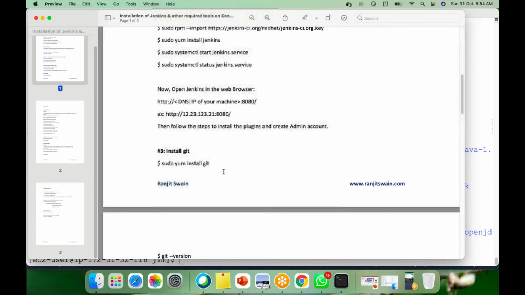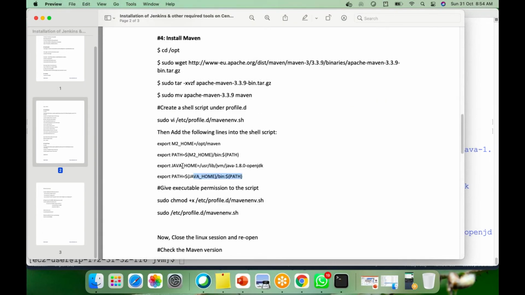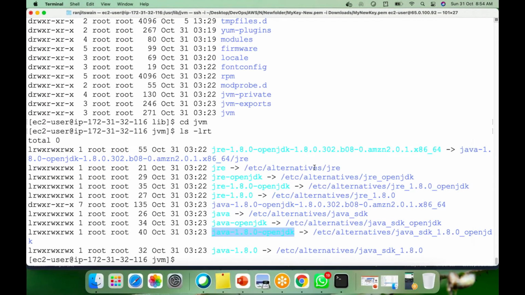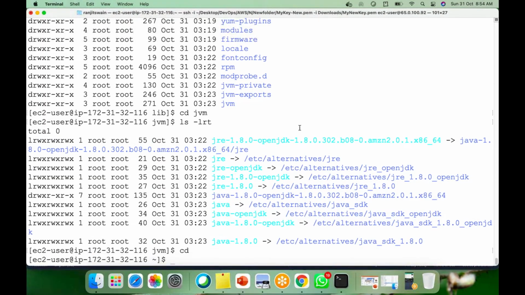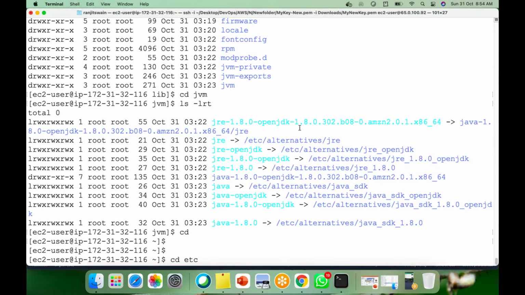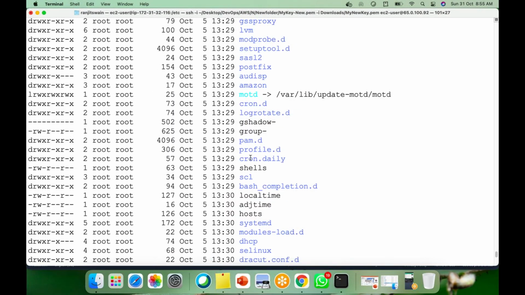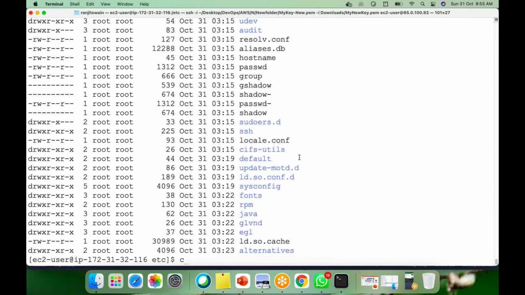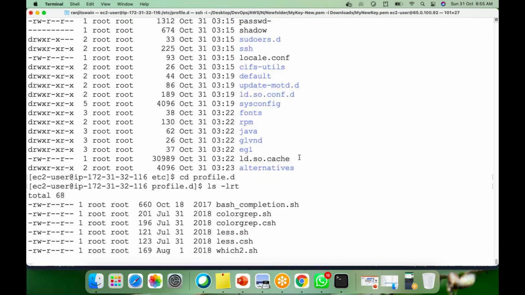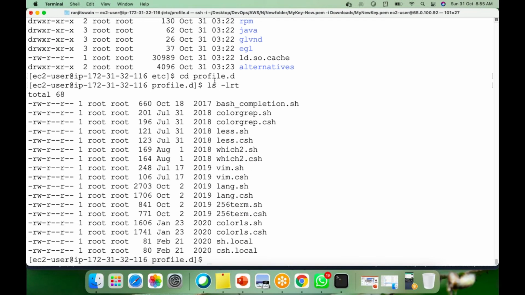What I'm going to do here is add these two into one script. Let me go to the etc folder, cd /etc. You can set it directly here, or else we can add this into the profile.d directory. If I go to profile.d, what is this profile.d? Actually, this is a profile daemon directory where all the